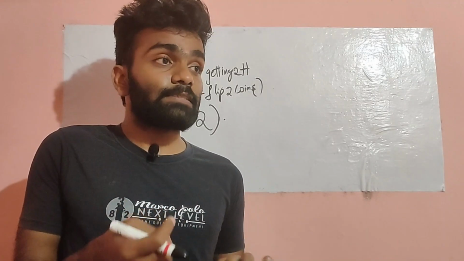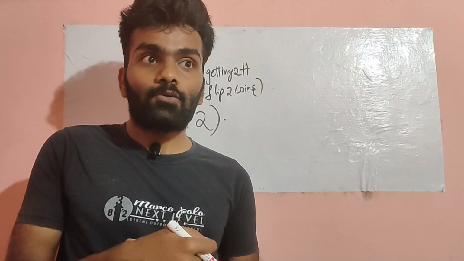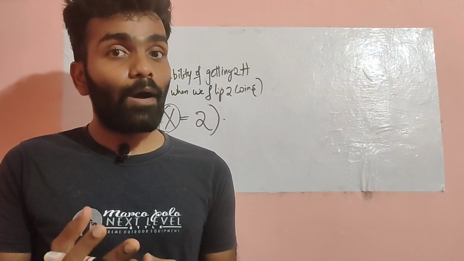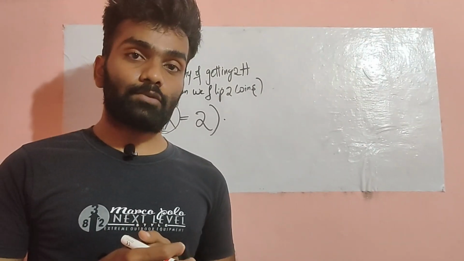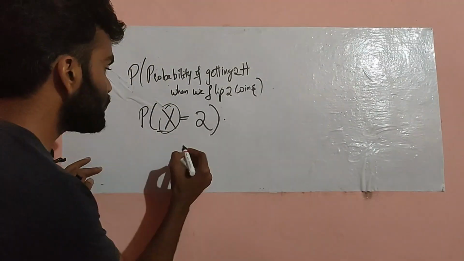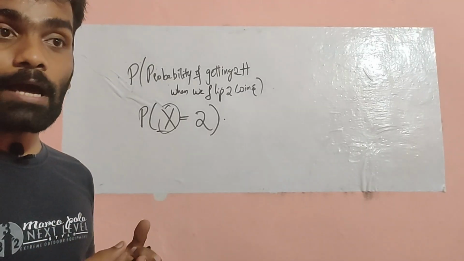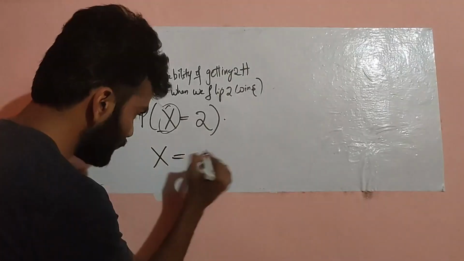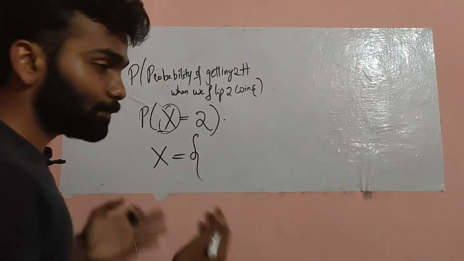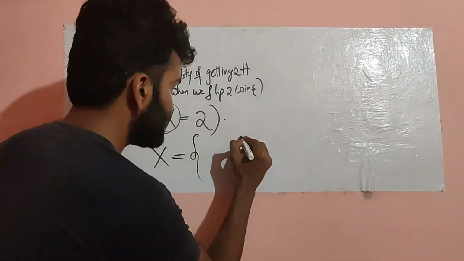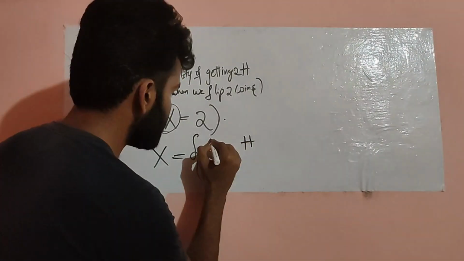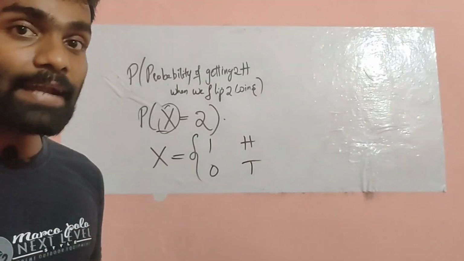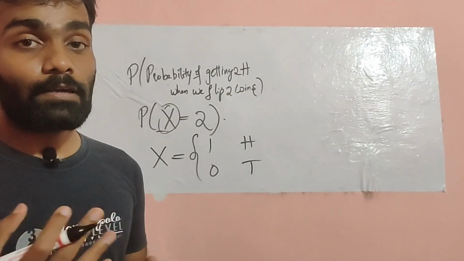Or let's say we flip one coin. What are the possible outcomes? There's a possibility of heads or tails. So we can represent that as a random variable X. When it is heads, we can represent it as 1, and if it is tails, we can represent that as 0. So even that you can represent in the form of a random variable.